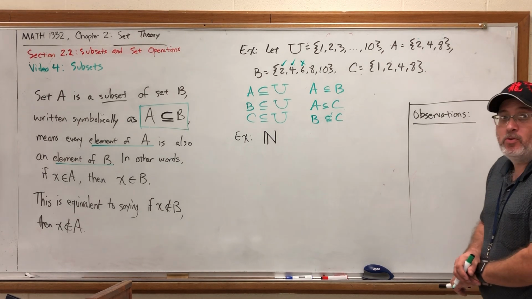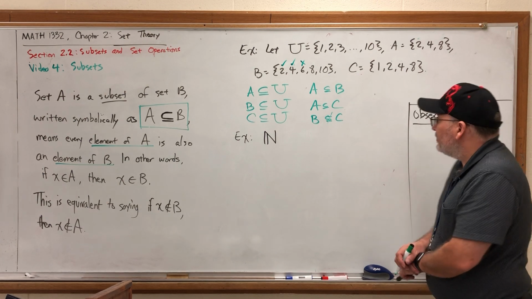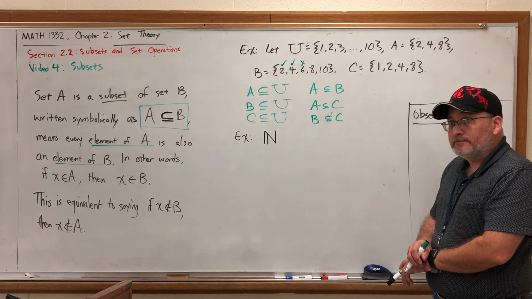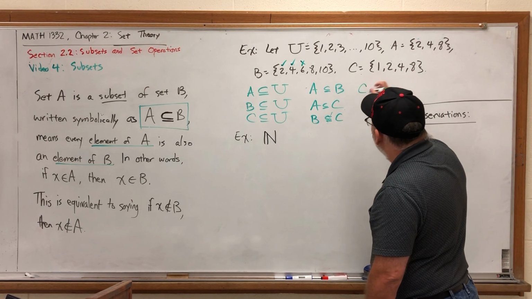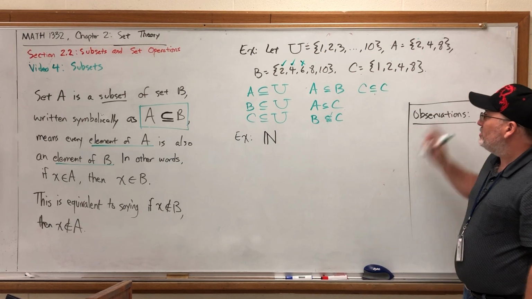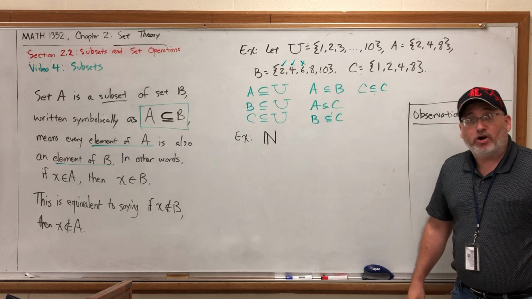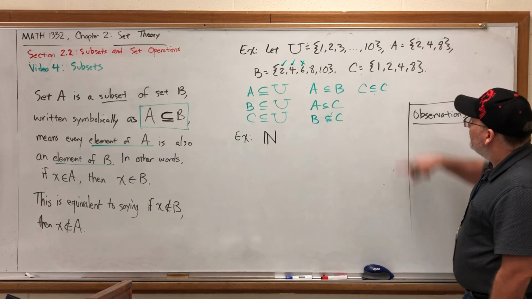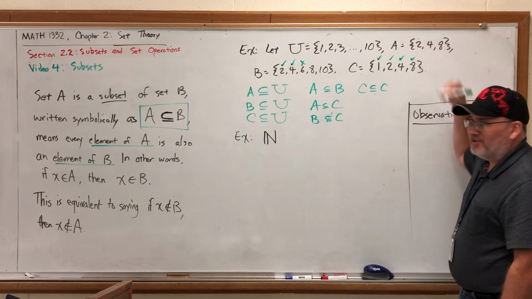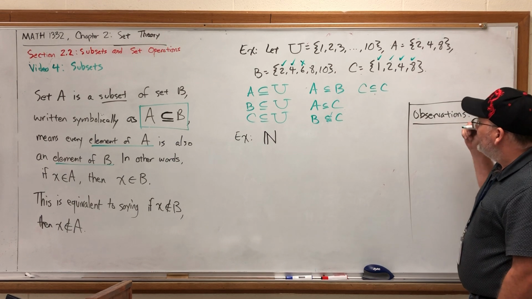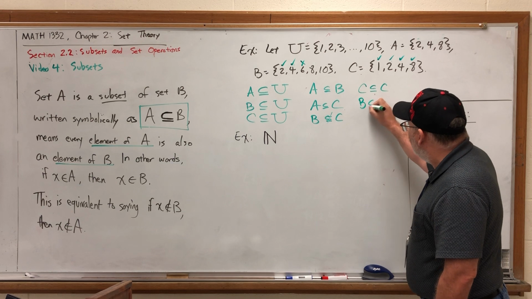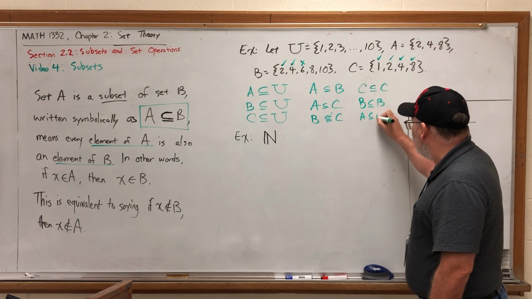Oh, well, there are some trivial ones. For example, C is a subset of someone besides the universe. C is a subset of itself. Meaning, if I go to each element of C and ask it, are you in C? They would all say yes. Excuse me, are you in C? Yes. Are you in C? Yes. Are you in C? Yes. They're trivially in C. So it would be correct to say that C is a subset of itself. Same thing with B, same thing with A, same thing with the universe.